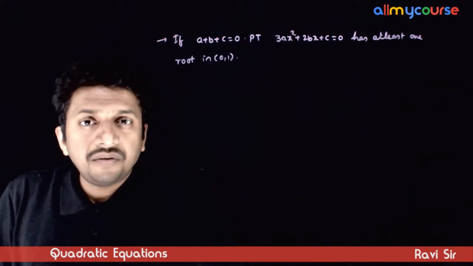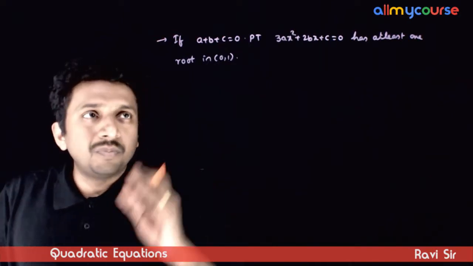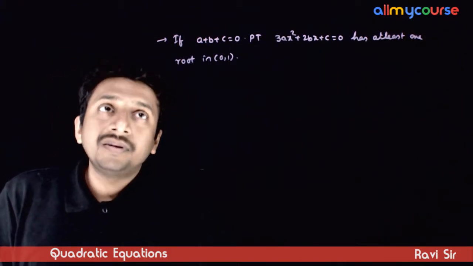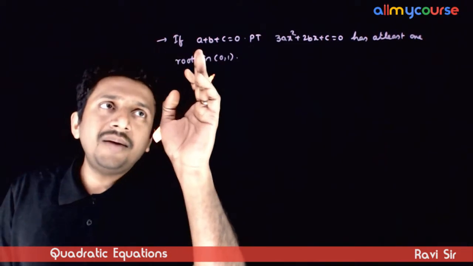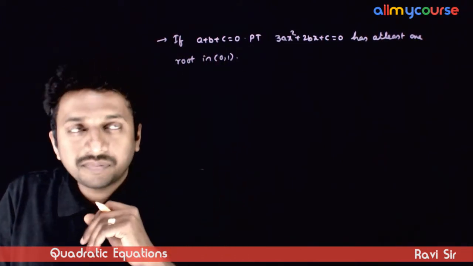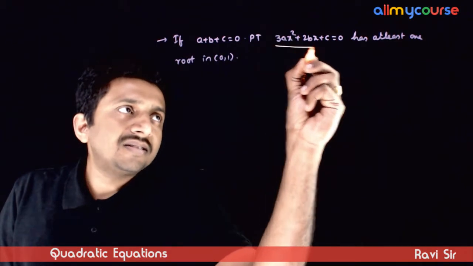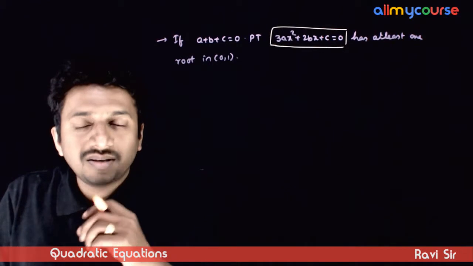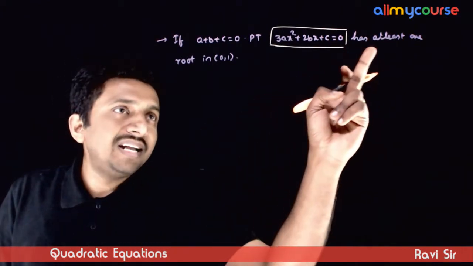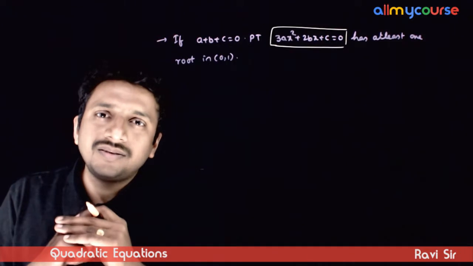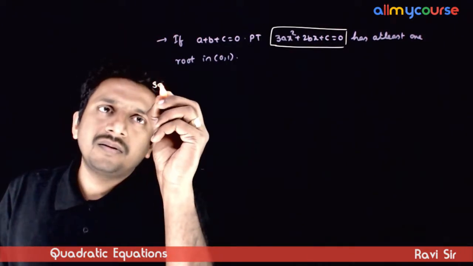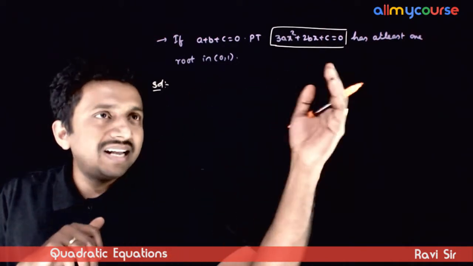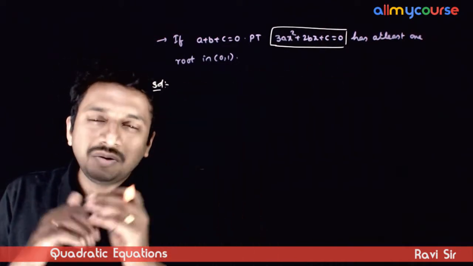So let us take a very standard example. This is the most often asked type of question on Rolle's theorem. The question states that if a + b + c = 0, prove that the equation 3ax² + 2bx + c = 0 has at least one root in the open interval (0, 1). So whenever you have questions like this, "has at least one root in (0, 1)", you need to remember